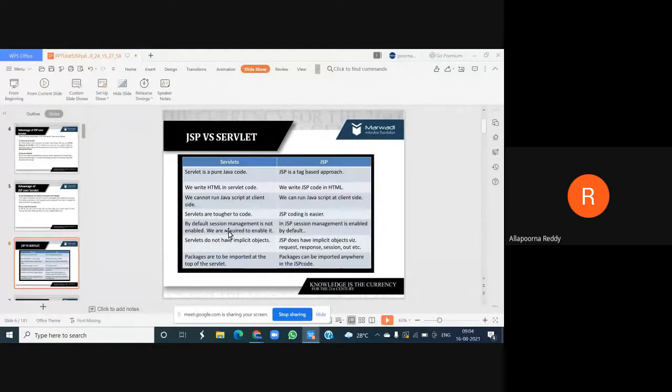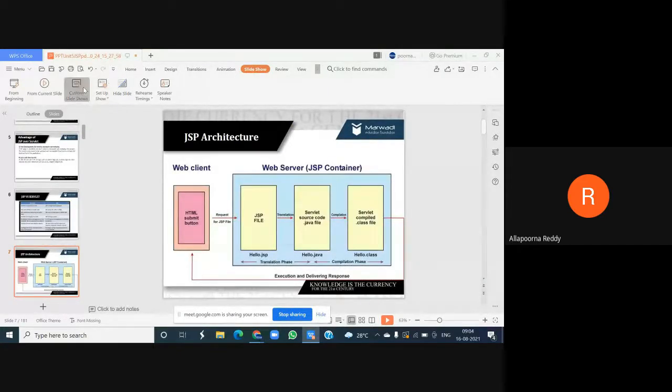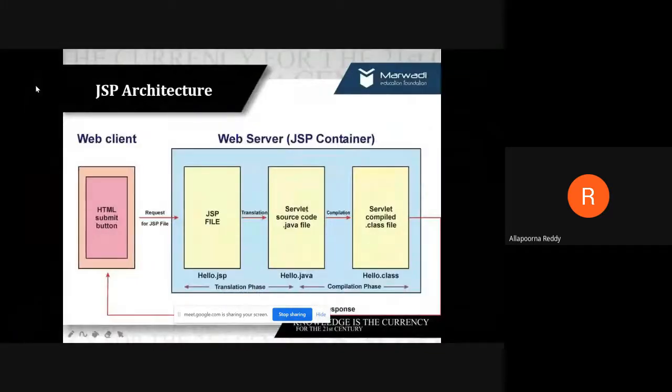After the comparisons, this is the architecture of JSP, right? So what happens in JSP? Just have a closer look at the architecture. Is it similar to servlets, or have some changes taken place? Just try to get the point. There we are calling a web container. Everything is handled by the web container. Here it is handled by your JSP container.